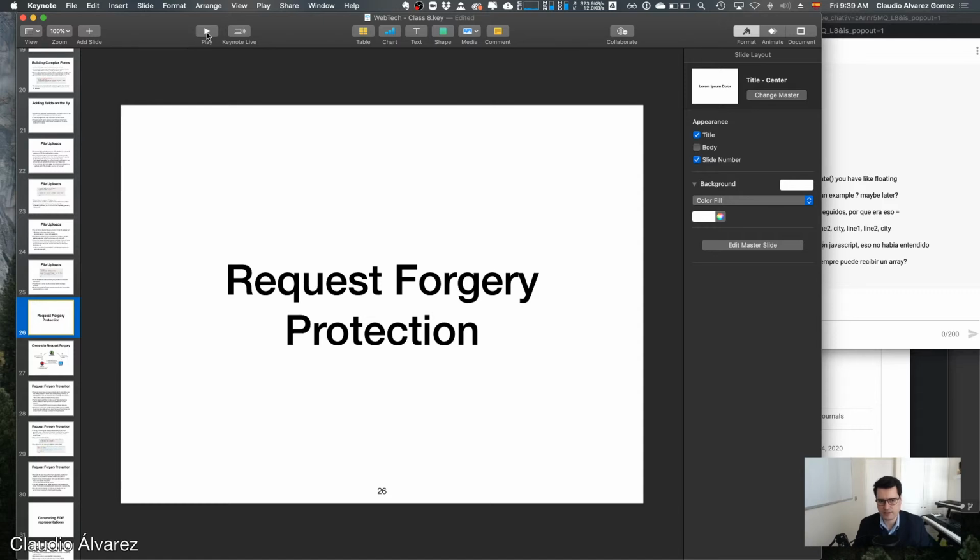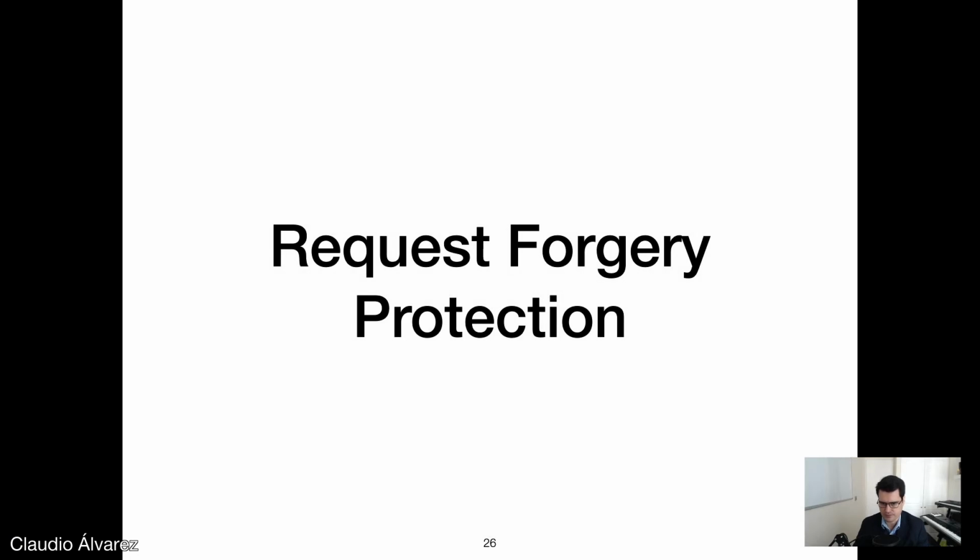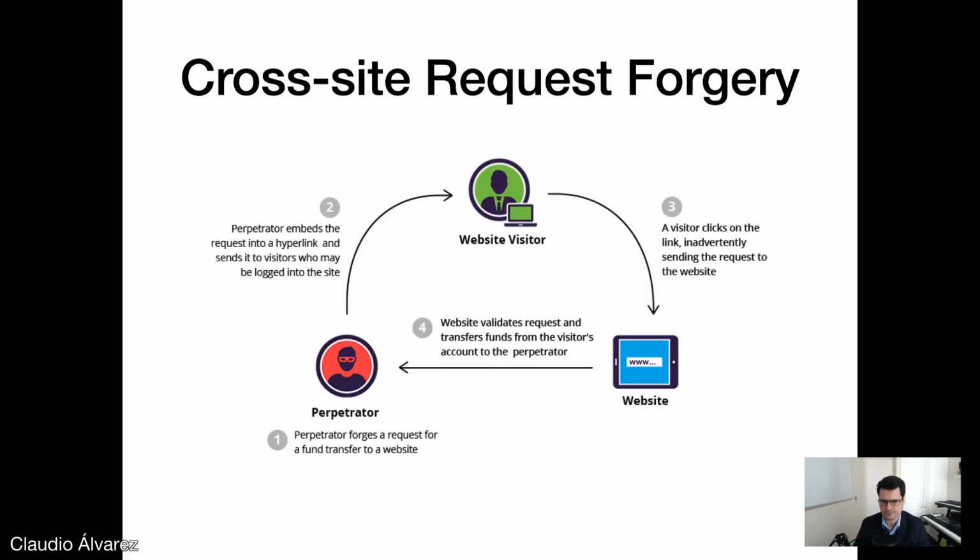So another miscellaneous topic I have to tell you about is request forgery protection. So what is this for? Let's see what cross-site request forgery is about. You got a hacker, a perpetrator, that will forge a request for a fund transfer to a website. For instance, you got any bank, Santander, whatever. So the perpetrator will engineer a request that will allow money to be transferred to his account. So then the perpetrator will basically advertise